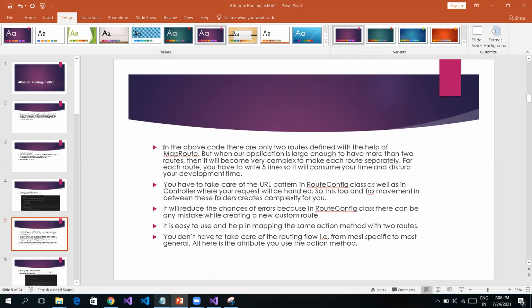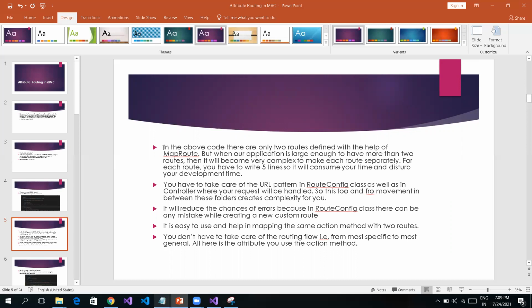But when our application is large enough to have more than two routes, it becomes very complex to make each route separately. For each route you have to write 5 lines, which will consume your time and disturb the complete development process. You have to take care of the URL pattern in the RouteConfig class as well as in the controller where your request will be handled.